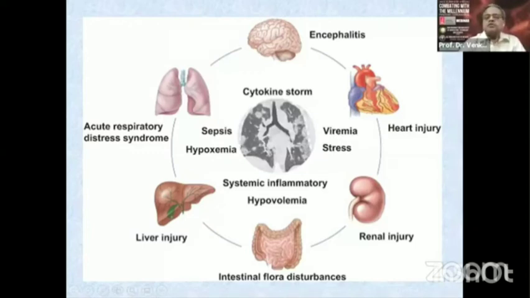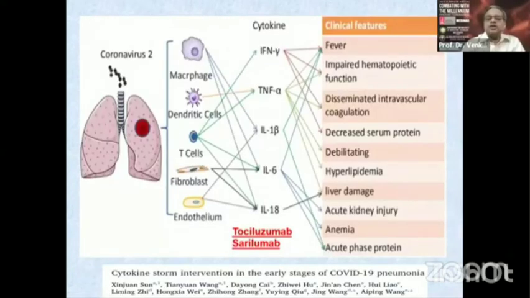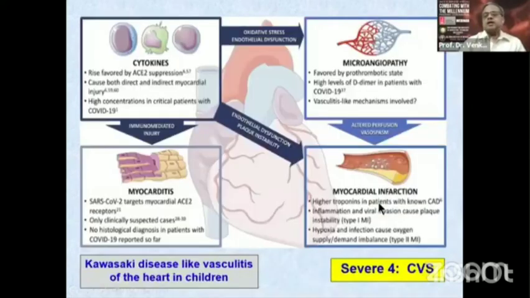And this is one of the most severe affections. The worst culprit, well, there are a large number of cytokines which are released, but interleukin 6 is the worst of these, which can be blocked by tocilizumab and sarilumab, which are being tried to mitigate the effects of these cytokine storm related severe COVID.